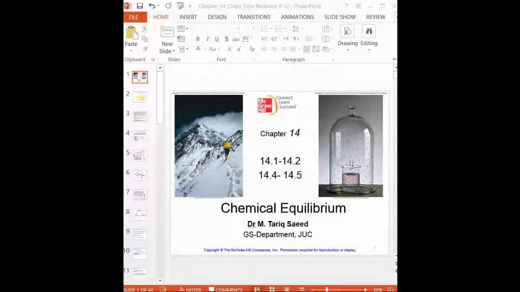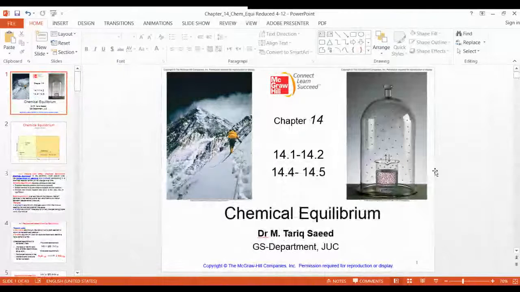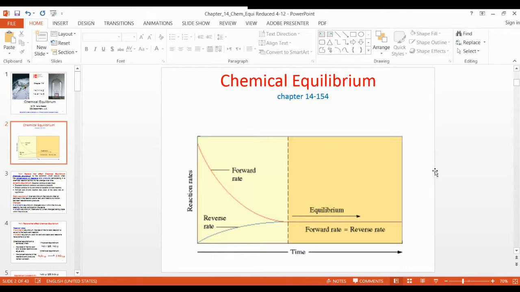All right. So chapter 14 is chemical equilibrium. So we have to teach all about the equilibrium in the system, and whatever the chemical reaction occur, what is the equilibrium there, and what is the equilibrium in the whole life. So this equilibrium we have to tell about all these things, right? This is a general representation of chemical equilibrium.